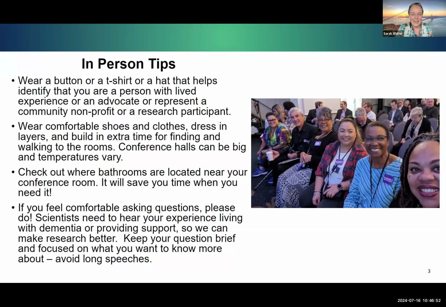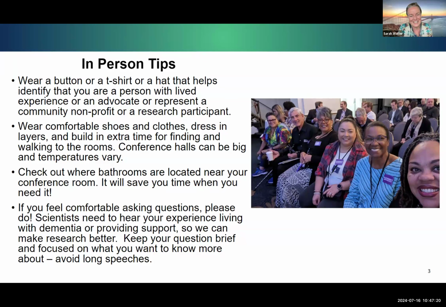And then, you know, I just want to say on behalf of researchers, we really love hearing your perspective. We want to hear your questions. We want to understand where the researchers got too technical and where you need clarification, or where you want us to get a little more specific and not be too general. So we need that feedback. So please do ask questions if you have them. And I see we've got a few coming in through the Q&A today.